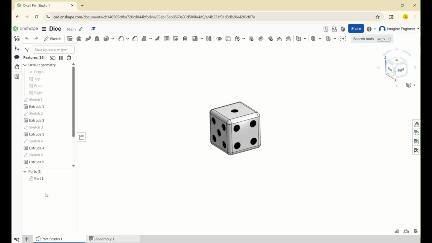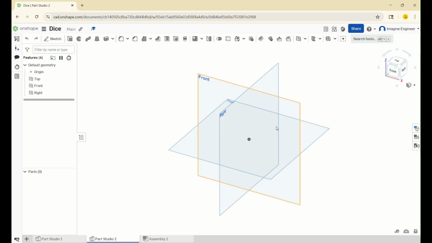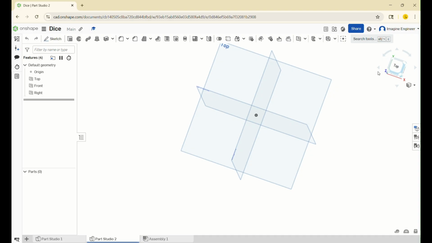So the first thing that you want to do is, once you're in a part studio, so after you create a document, it should look like this, except you'd only have one part studio over here instead of two like I do. Anyway, the first thing that you want to do is go to your top plane,